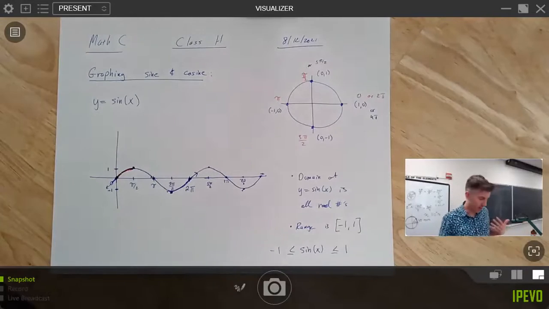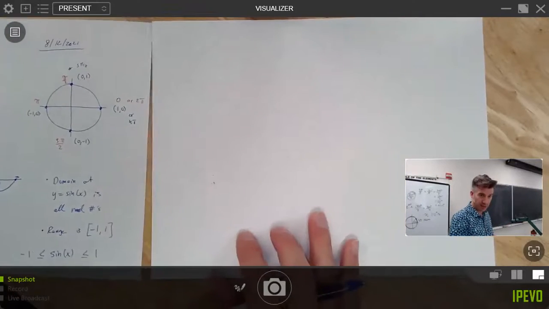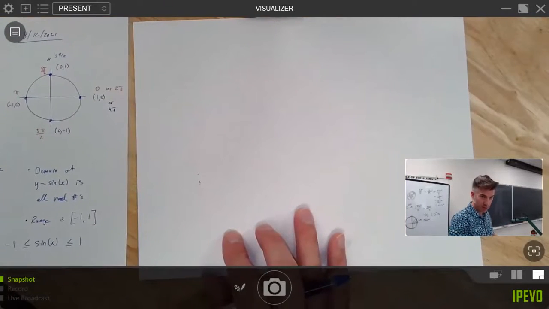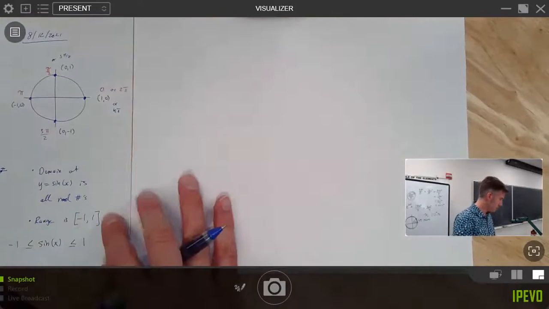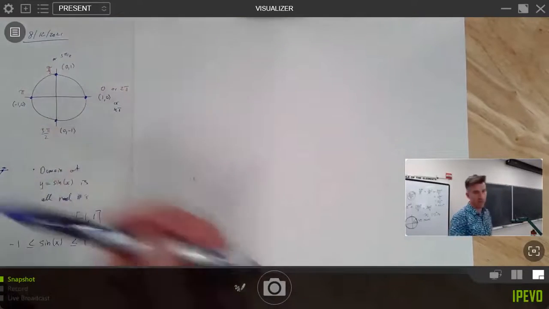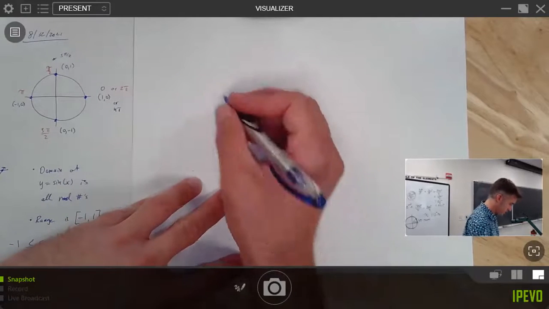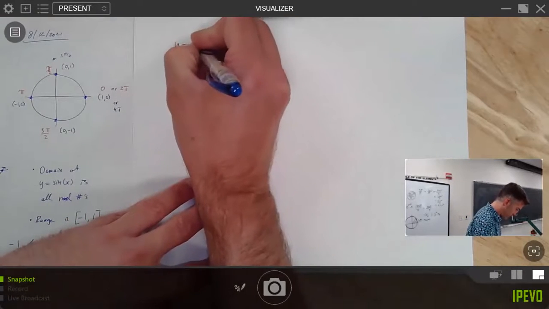Okay, now let's graph cosine. In fact, let's be smart about this. Let's keep the unit circle right there, so graphing cosine is even easier. I'm using these 5 or 4 points on the unit circle very often when I'm graphing sine or cosine, at least at the beginning. So if I want to graph y equals cosine of x,